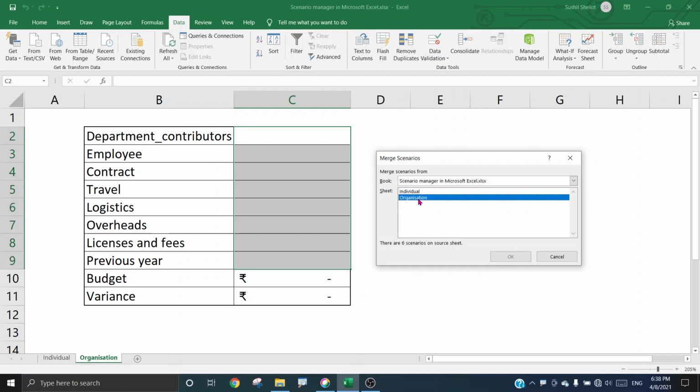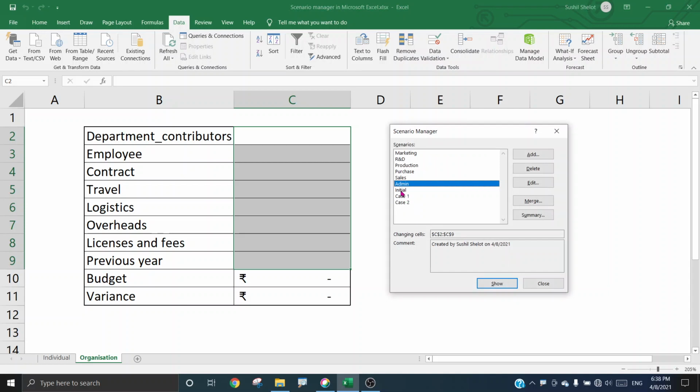If I choose organization as a sheet, it gives 6 scenarios on the source sheet. So now if I choose to merge, the 3 scenarios on the individual tab will get merged into the organization tab. I say OK, and here it is.